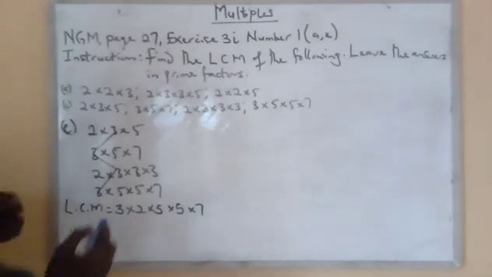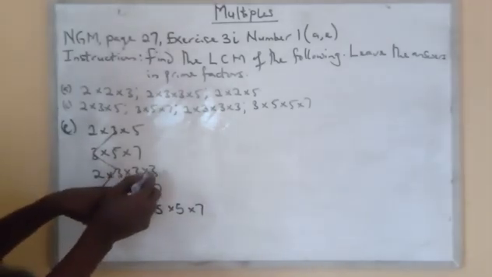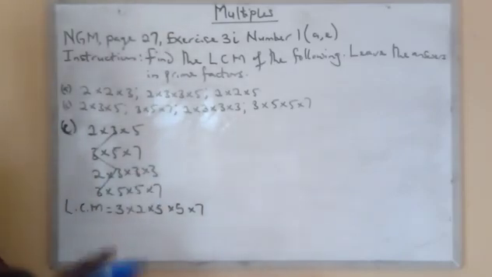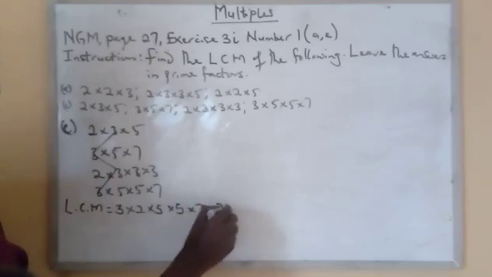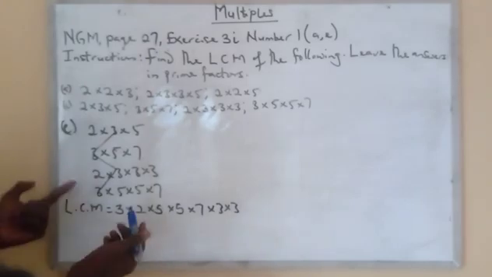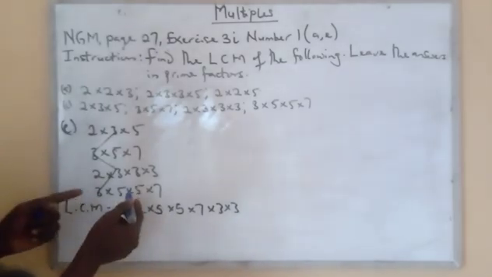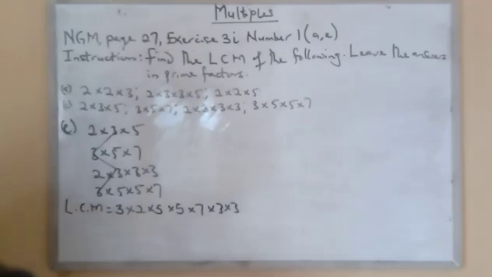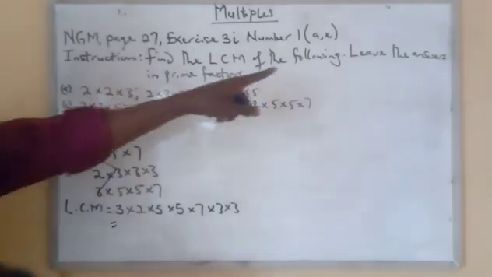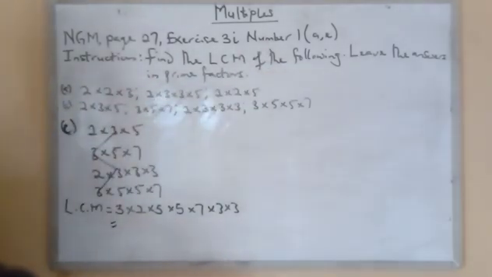Then there is another 3 here. We have 3 here. So these 3s, we take them singly. 2 3s. Then what is the next thing to do? I think we are done with everything. So since they said we should leave our answer in prime factors,